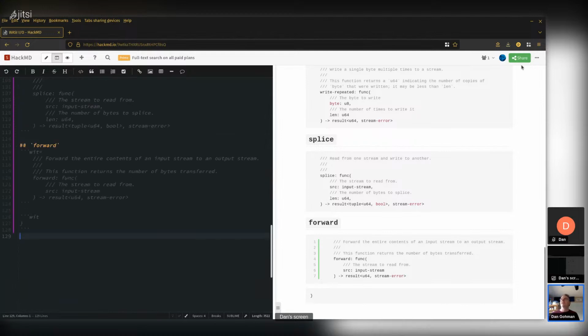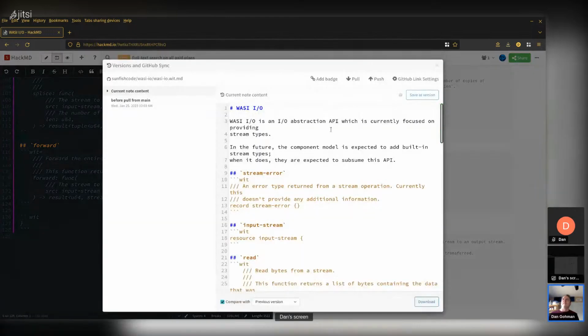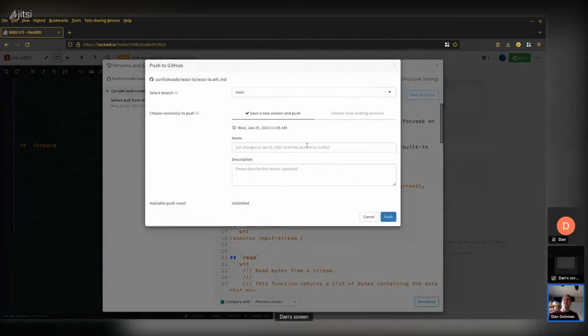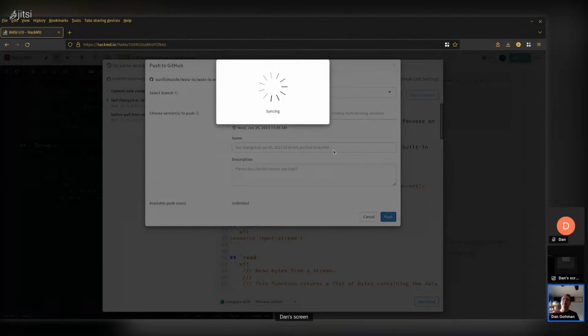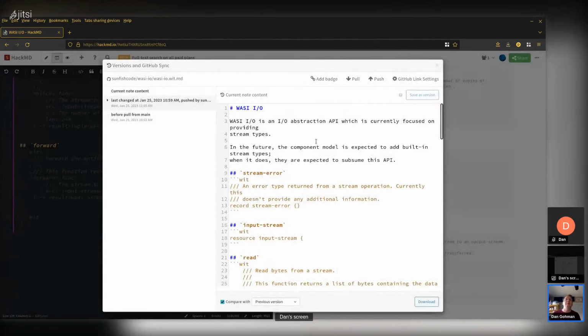Let's go and sync this up to GitHub. I'll push this upstream to main. It's all done live. And I will put this together into a PR. So this is getting pushed up to my personal fork of the proposal repo.